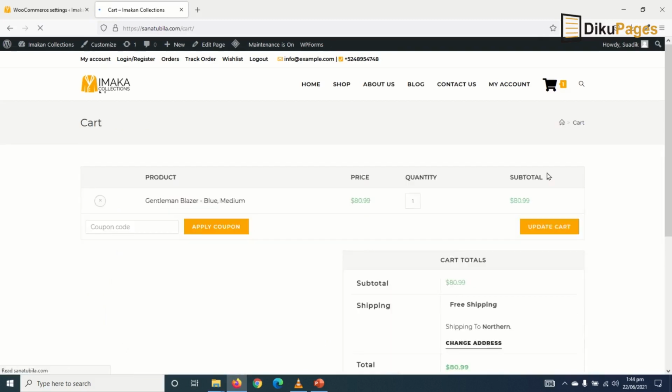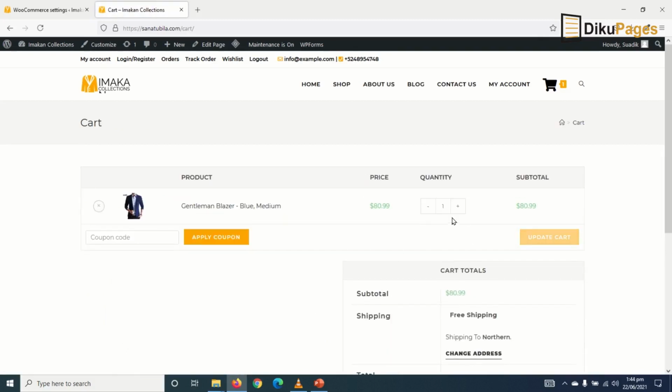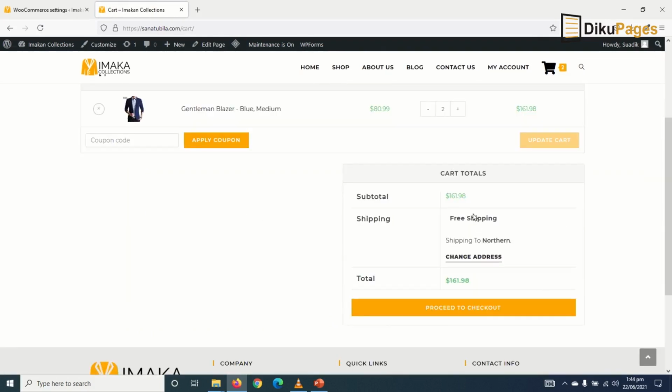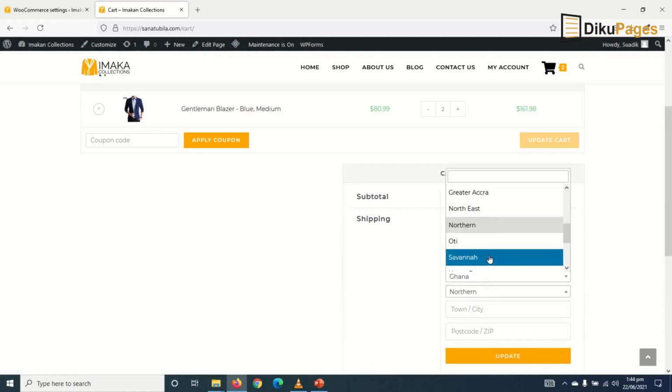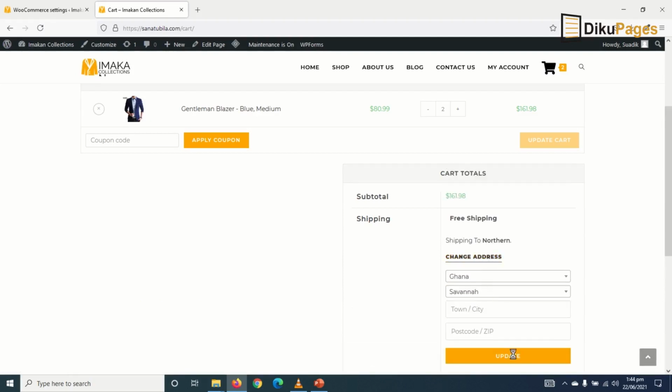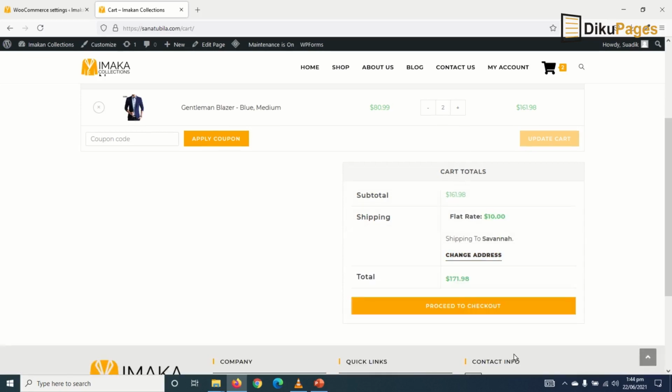I view the cart. Maybe I'll increase the quantity, then I update the cart. So everything is intact, and I'm getting free shipping because I'm shipping to northern region. Now if I change the address from northern region to Savannah and update, you see that the shipping will be $10 for flat rate,